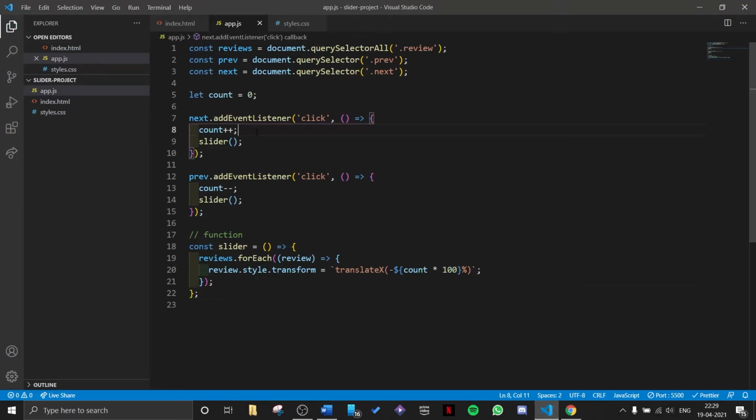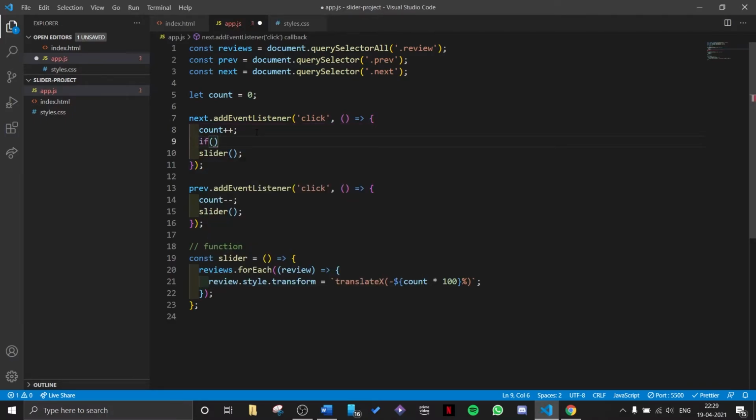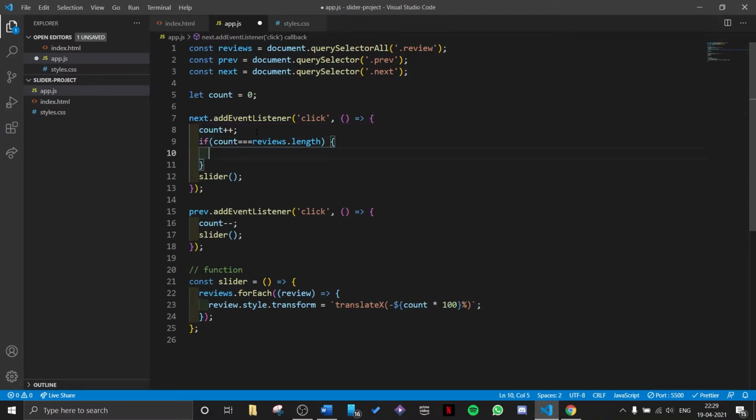In the next button, we will add an if statement: if count equals reviews.length. Right now reviews has a length of 4. If there were 5 items, the count would reset when it reaches 5. So if count is equal to reviews.length, we want to reset it to 0.